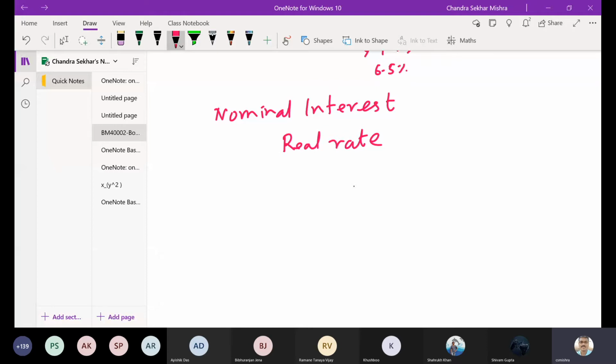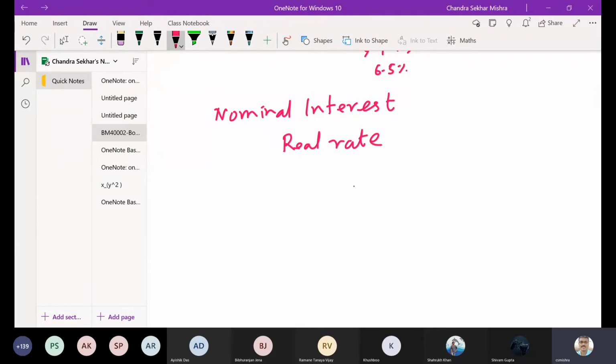Zero treasury bond. So T-bills. Zero coupon bond. No, Treasury bond. Zero coupon bond can be risky, in that you may not get the principal at the time of maturity. So T-bills. T-bill means treasury bill. Treasury bills are the short-term financial instruments issued by the government to raise finance from the market. Or you have G-secs, government securities, also known as gilts. Okay. So that is also another thing.